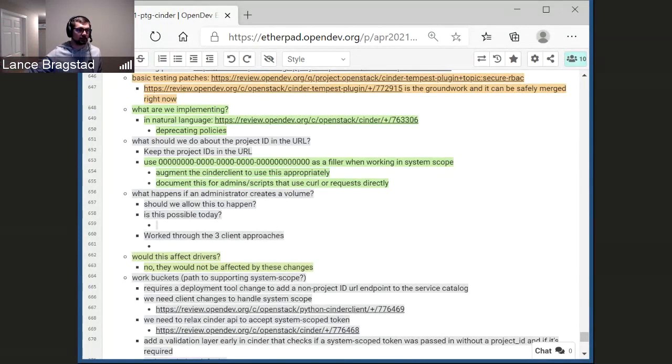Or list all servers gives me all servers within the projects underneath my domain, which is going to require a lot of work on each of the services to understand what a domain is, query Keystone for all the projects within that domain, query their resources, filter them accordingly.